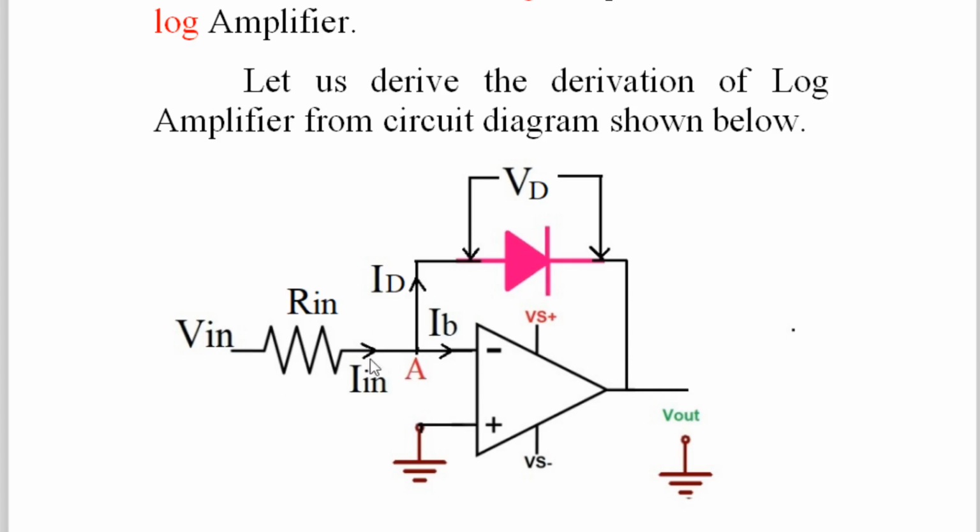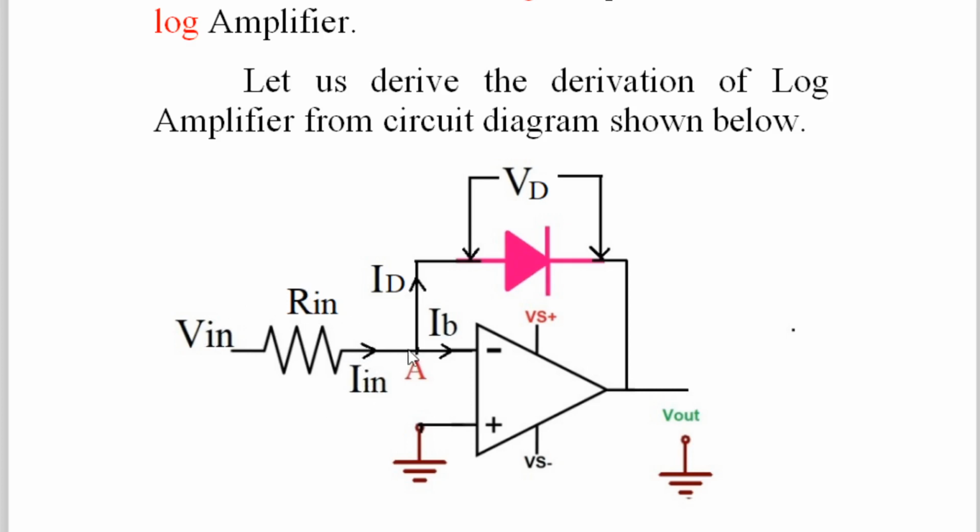Now we have to write each and everything very carefully. Look at this diagram very carefully. Input voltage Vin is applied. As I already told you, the input voltage applied to the log amplifier and anti-log amplifier is always DC. It is applied through a resistor Rin to the inverting input pin. The non-inverting input is grounded, it is not used. Because of that input voltage Vin, current starts flowing through Rin, and that current is called Iin. So all these parameters must be written: 1, input voltage; 2, Rin; 3, Iin.